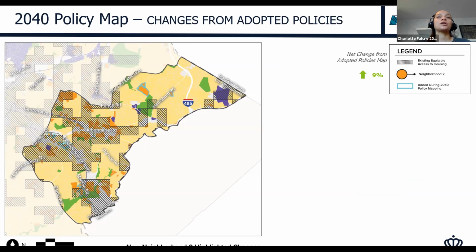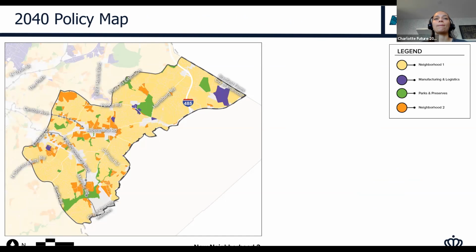Once we map the changes from the adopted policies, you can see that the neighborhood 2 is the place type that typically would increase your access to housing, and that went up by 9%. And then this is what the map looks like when we map the 2040 policies. So there was an increase overall of about 9% for that place type, with the intent to bridge the gap for housing access.